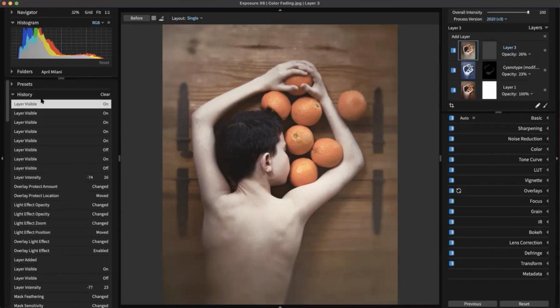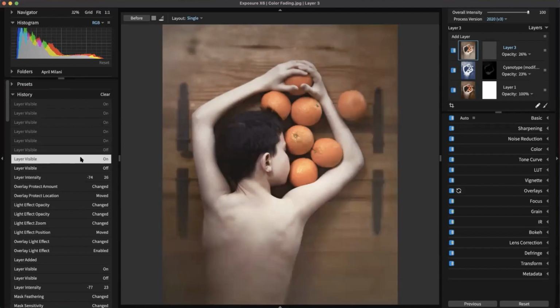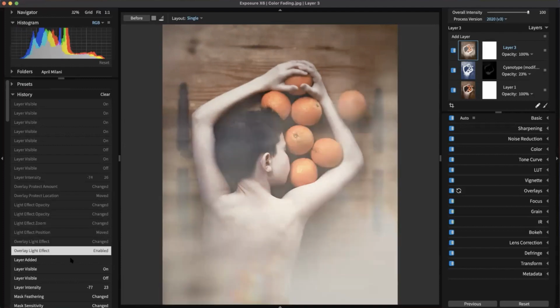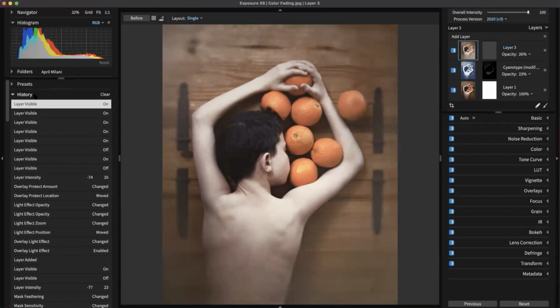And you can see here inside of the history panel all of the steps that we made to create this look. So it's going to re-render each one of these as I select or hover over it, and we're just stepping backwards in our workflow here. You know, and we can step backwards and forwards. Also, this history